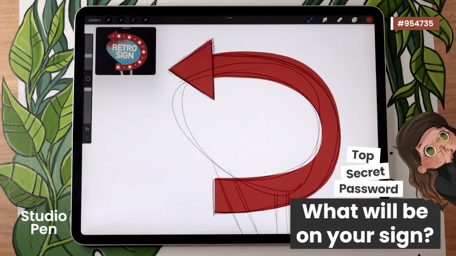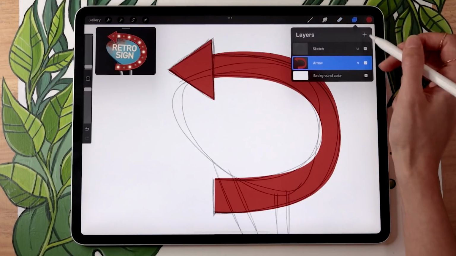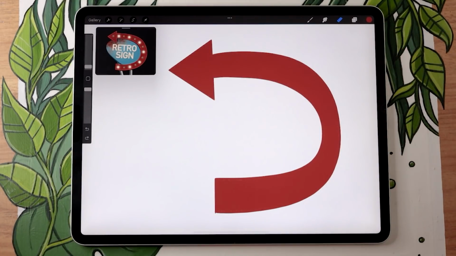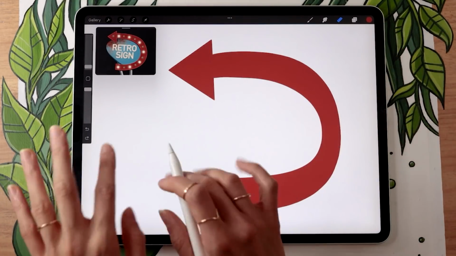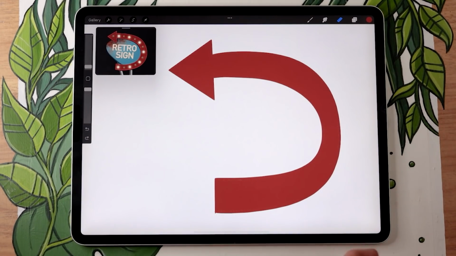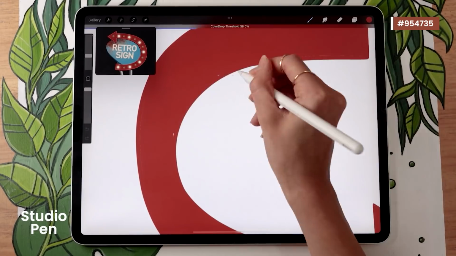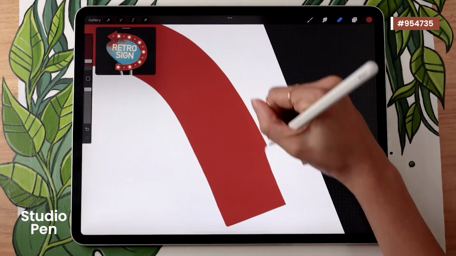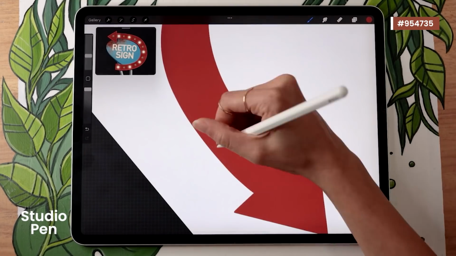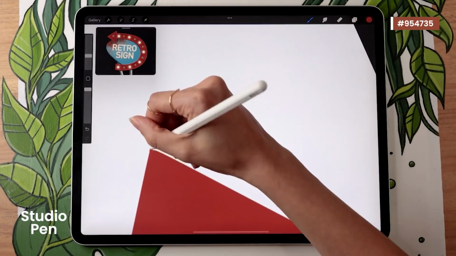Once you have your silhouette, I recommend you hide your sketch and just make sure the silhouette itself looks good. It's probably going to be wonky in some areas, especially for a shape like the arrow because it's quite big, it's a big curve, so it's not the easiest to do. So feel free to pause the video here to take all the time you need to tweak your shape until you're really happy with it. And once you're done with that, I'm going to show you how to add some thickness to your shape.